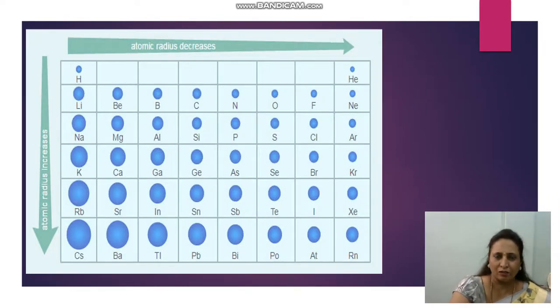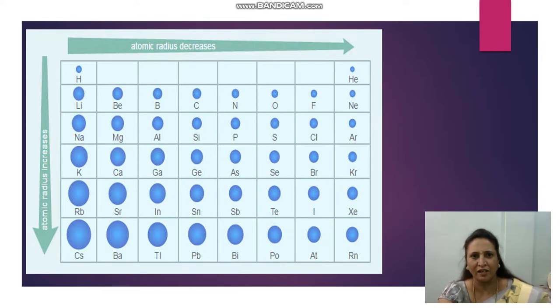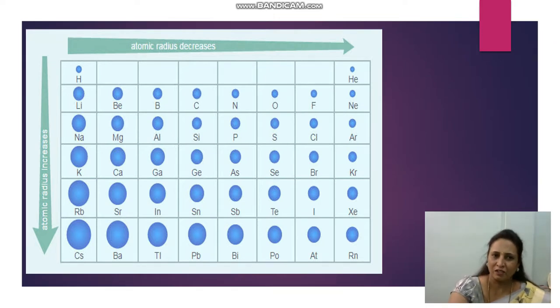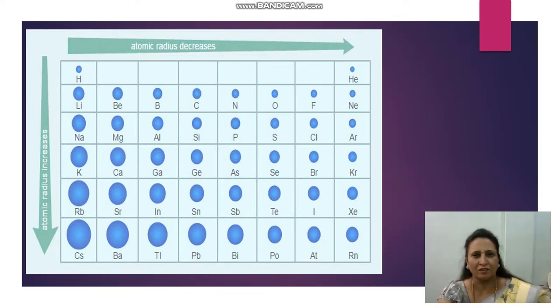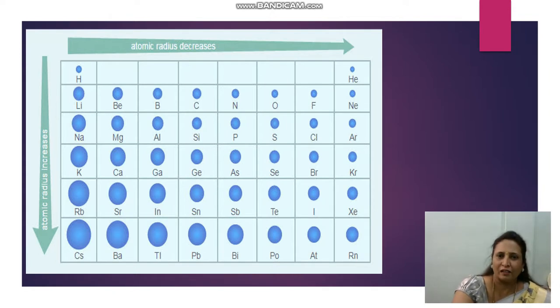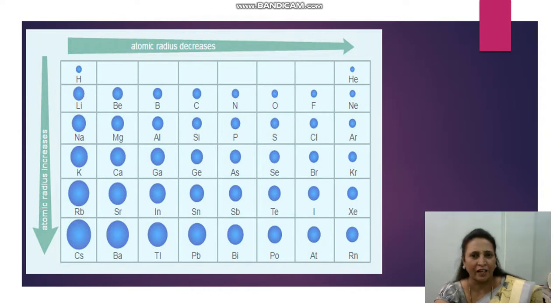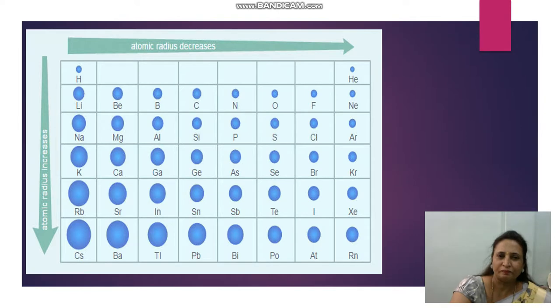Now this picture gives an idea about how the atomic size decreases from left to right in a period, and increases from top to bottom in a group. Now see, first left group, hydrogen is the first member, cesium is the last member. Now in the period, hydrogen is the first member and helium is the last member for first period. So this diagram gives an idea that when we see the first element and last element of that row, then one can clearly get an idea about atomic size.